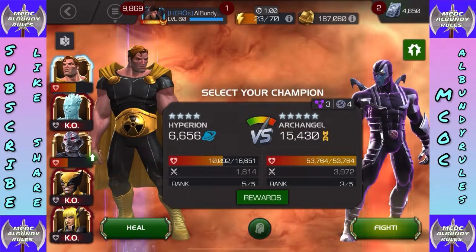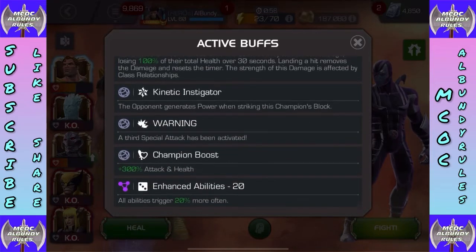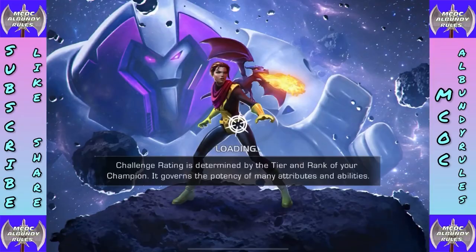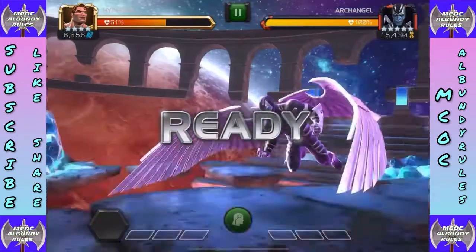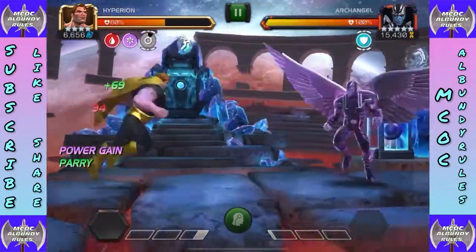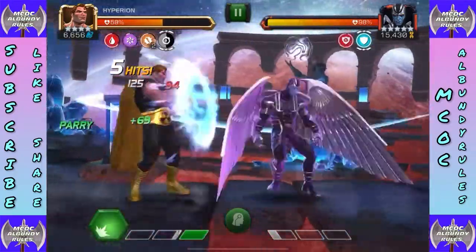Let's get into this boss. We have this AA, Archangel now. We see the bloodletting. Brute force at 6 seconds, 30 seconds. Enhanced abilities. All abilities trigger 20% more often. Nothing really worth worrying about in this fight. Should be pretty simple, straightforward, which is good because I have fought horribly at some points during this